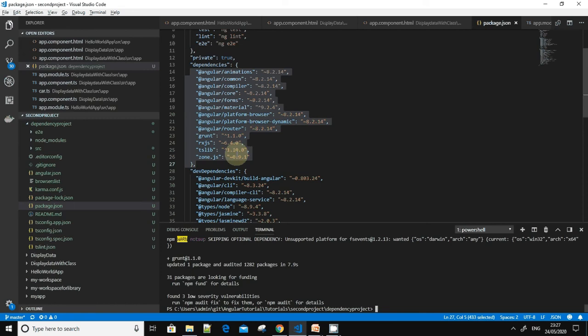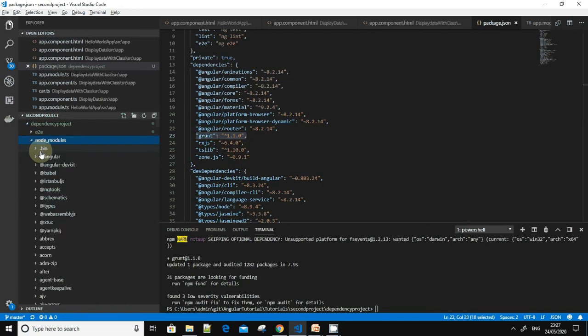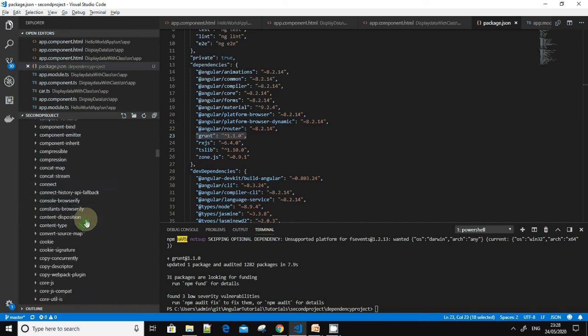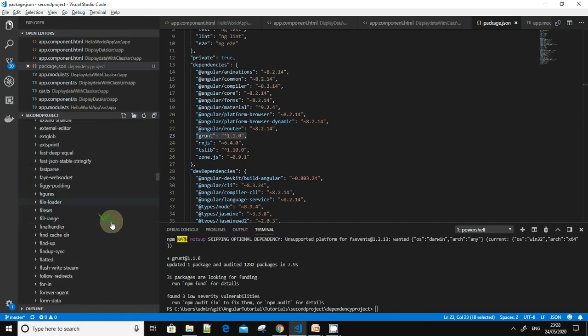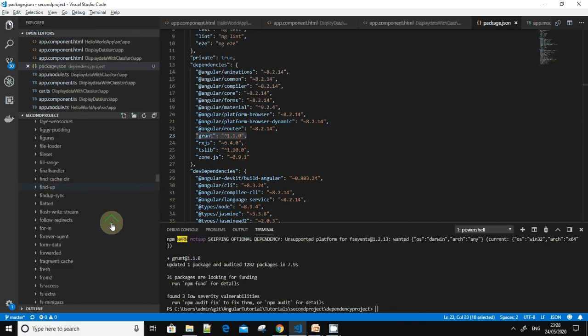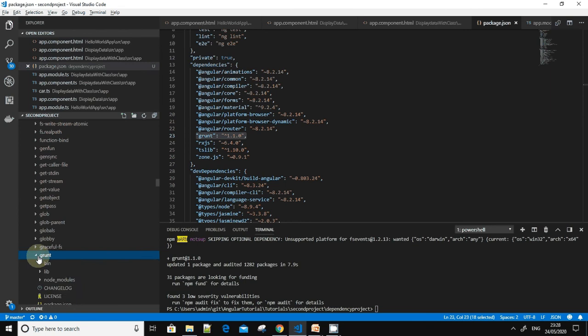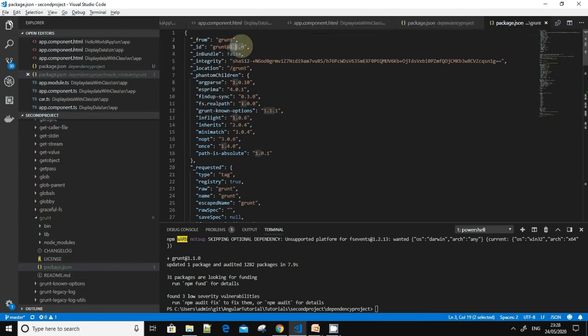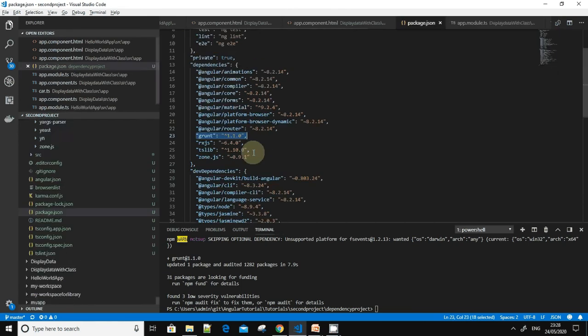If you see, grunt got added with the version, and if you go to node modules, you can see that the grunt package got added. In the package.json, the version is 1.1.0, that is this version.